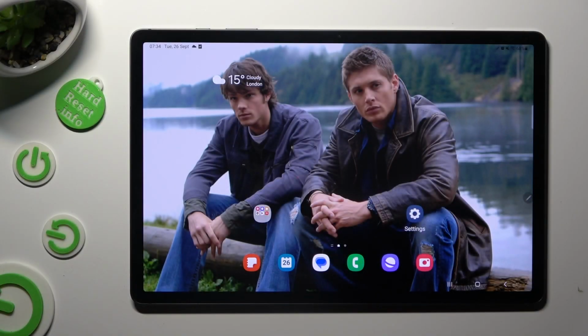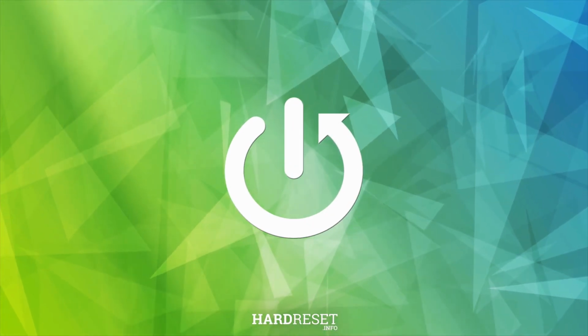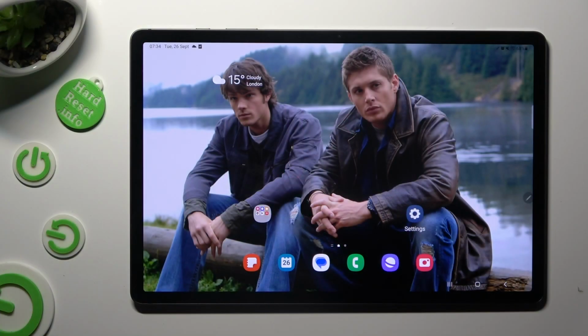In front of me is Samsung Galaxy Tab S9 Plus, and today I would like to show you how you can switch on or off app notifications. Begin by going into Device Settings